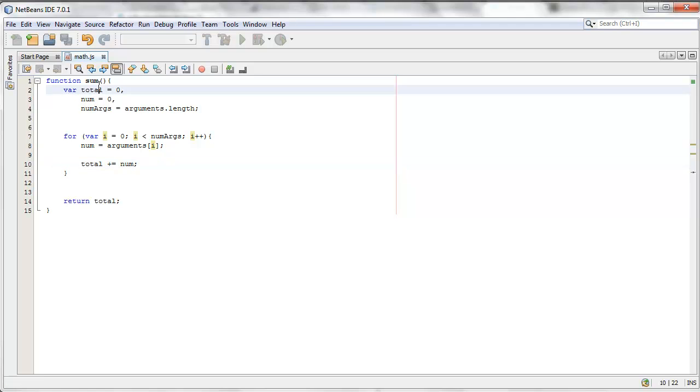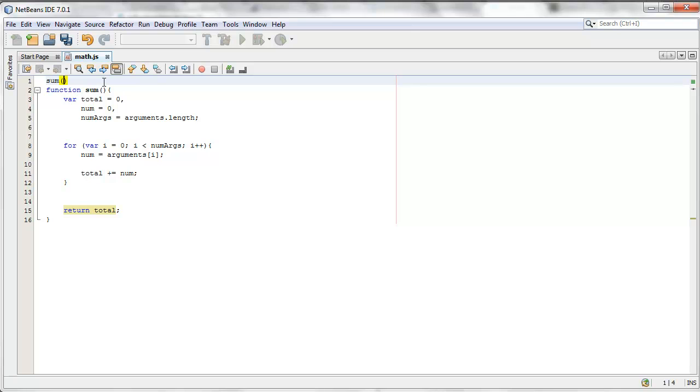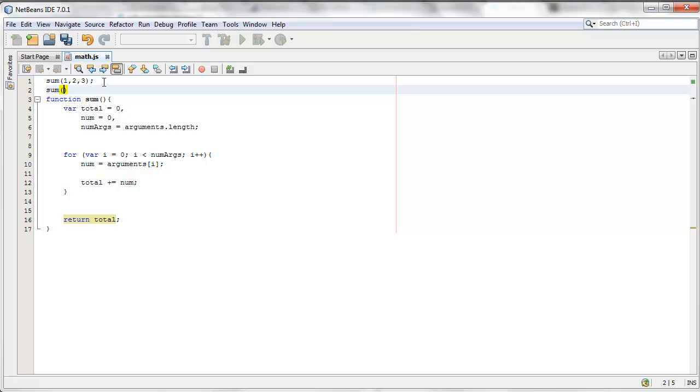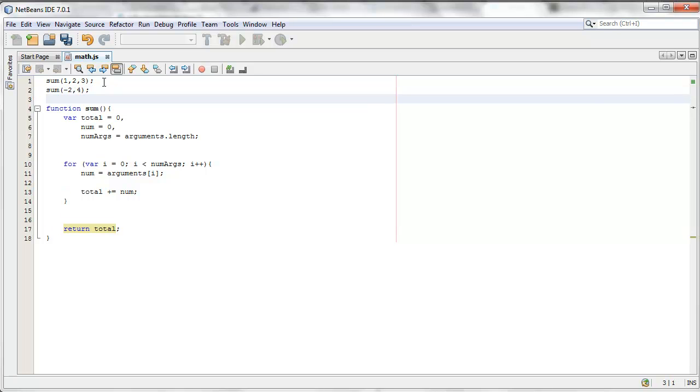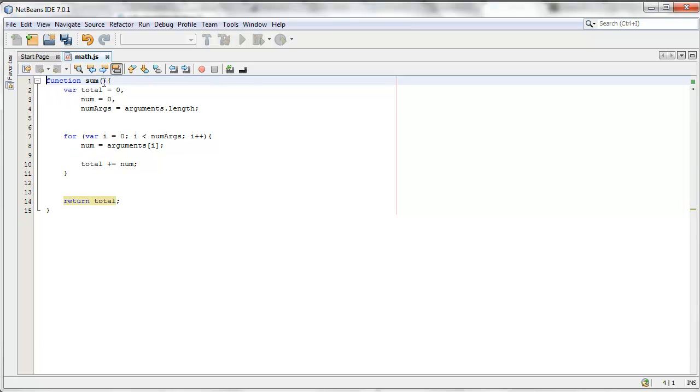As you can see from the name, it sums up numbers. Any number of numbers you pass to it, it will do it for you. A typical invocation would be sum 1 2 3, right? Sum -2 5. So it can take any number of arguments, right? Once our function is done,